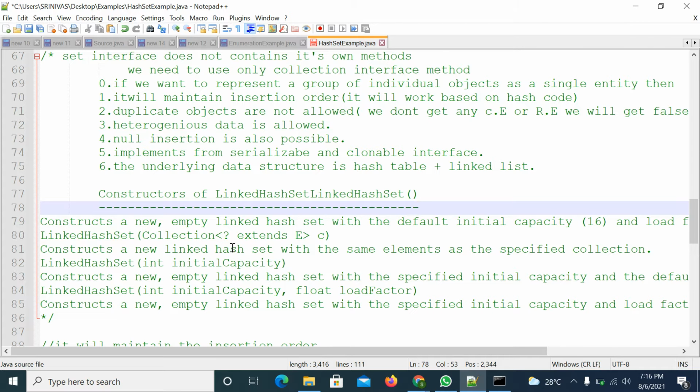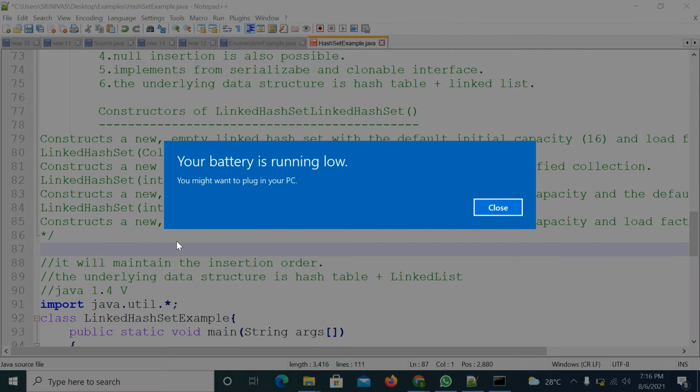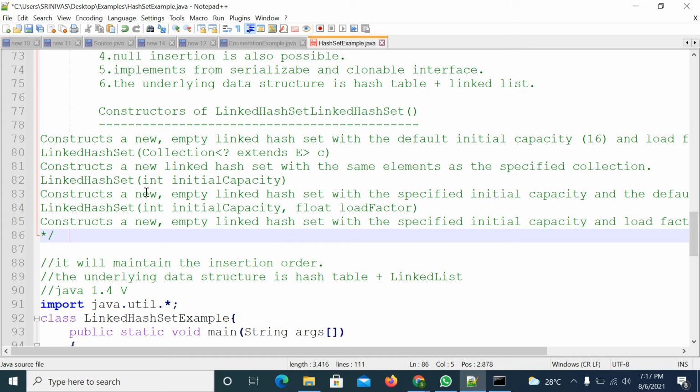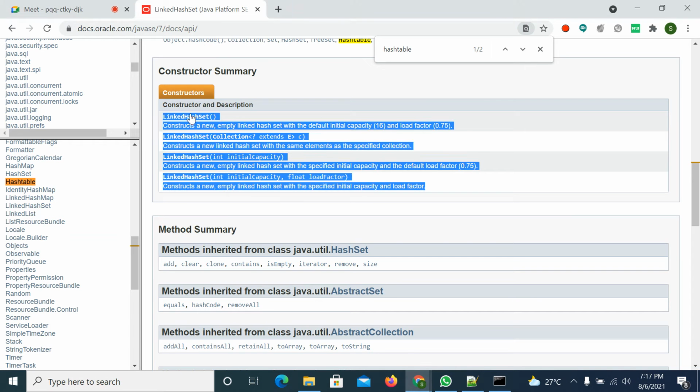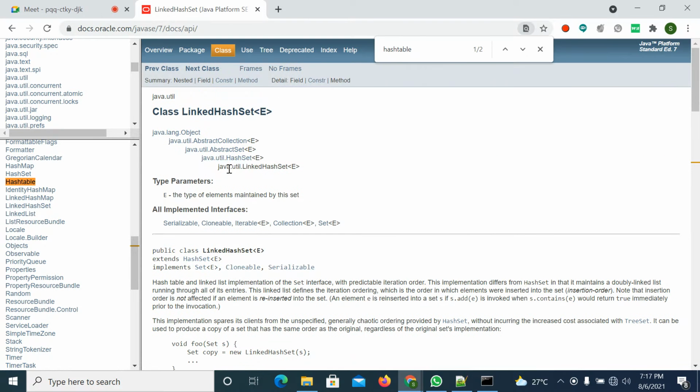Load factor. Actually, here we don't have a capacity method to understand it. Why? Because the capacity method is not part of this hierarchy: linked hash set, hash set, abstract class, object class.